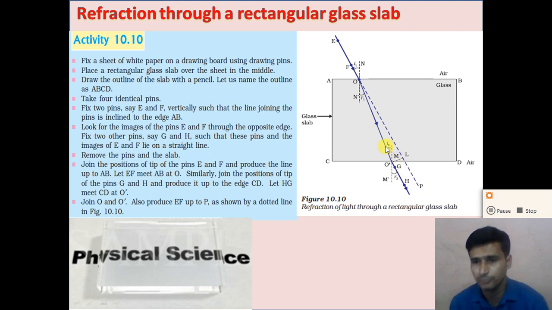So observe these two rays are parallel to each other, right? But not in the same direction. Here the EF ray, if we extend this EF ray by the dotted line, will go in the direction L and P, right? But after refraction, we get the GH ray which is in the same direction as the EF ray but somehow shifted.